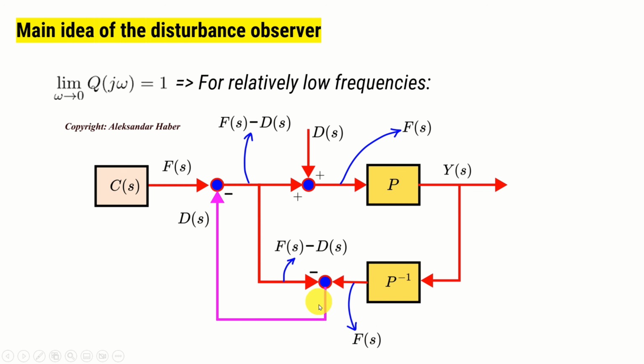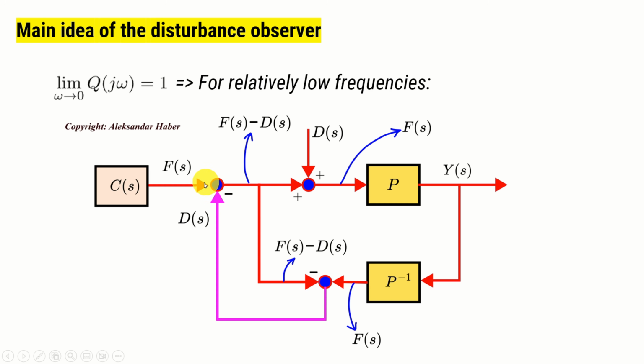On the other hand, let's assume that the estimate of our disturbance is exact. That is, that the estimate d hat of s is equal to d of s. Then, over here, the signal will be f of s minus d of s. Then this signal is propagated through this line, then the sign is inverted, and consequently we have d of s minus f of s. Then we add f of s, and as the result we obtain d of s. Okay, so d of s is the feed-forward disturbance estimate.